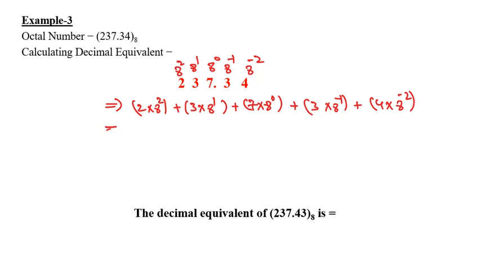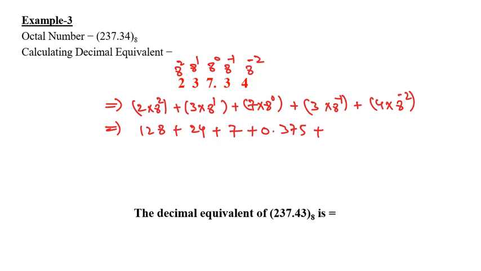So if we multiply these things, this is equal to 2 into 8 square. 8 square is nothing but 8 into 8, that is 64. 2 into 64, that is 128, plus 8 into 3, 24, plus 8 power 0 is 1, 1 into 7, 7, plus 8 power minus 1 is nothing but 1 by 8. So 3 into 1 by 8, that is equal to 0.375